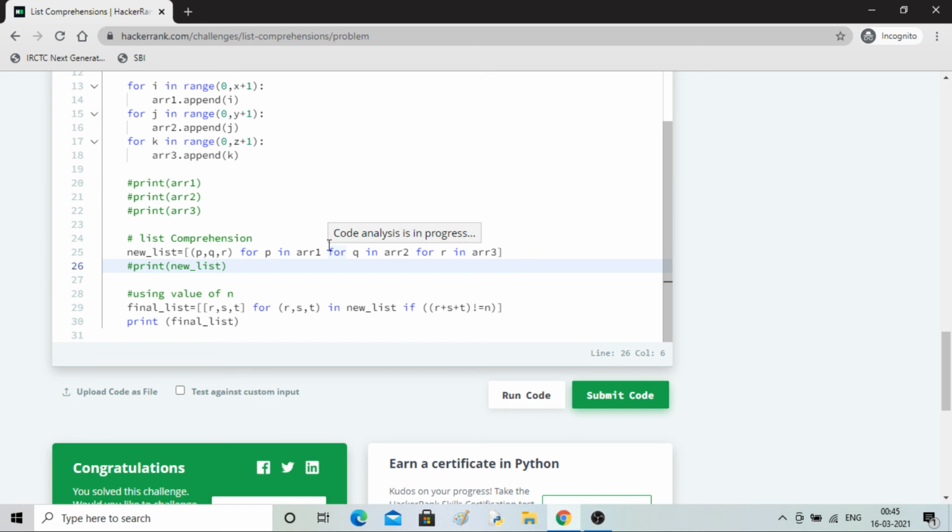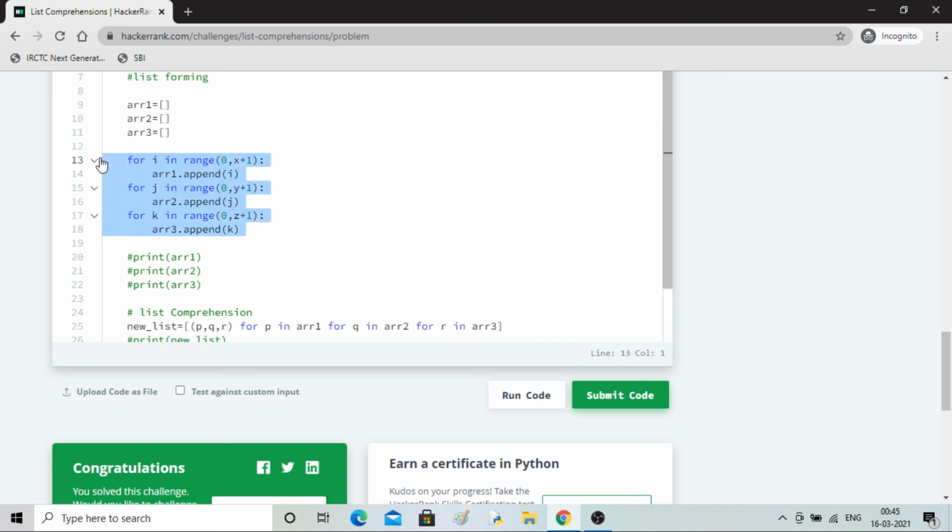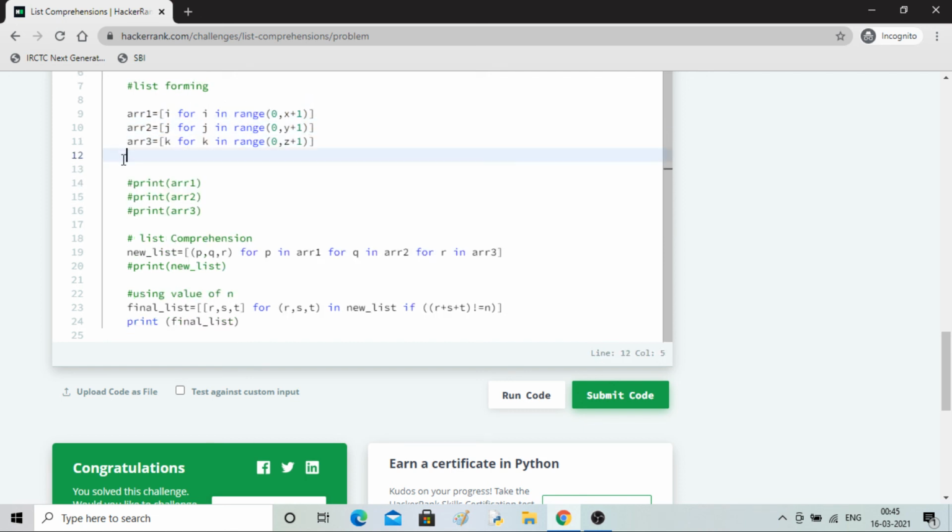Now again, there is another thing we can do. The same thing we can apply here as well, right? Array 1, array 2 and array 3. So I'll take it, for, here I'll write, and I'll write I. Similarly this guy I can take, I'll write J, and similarly the last guy can take K, like this. So all this code, whatever it is doing, will be done by these 3. Okay, much more concise. So I can remove these guys.